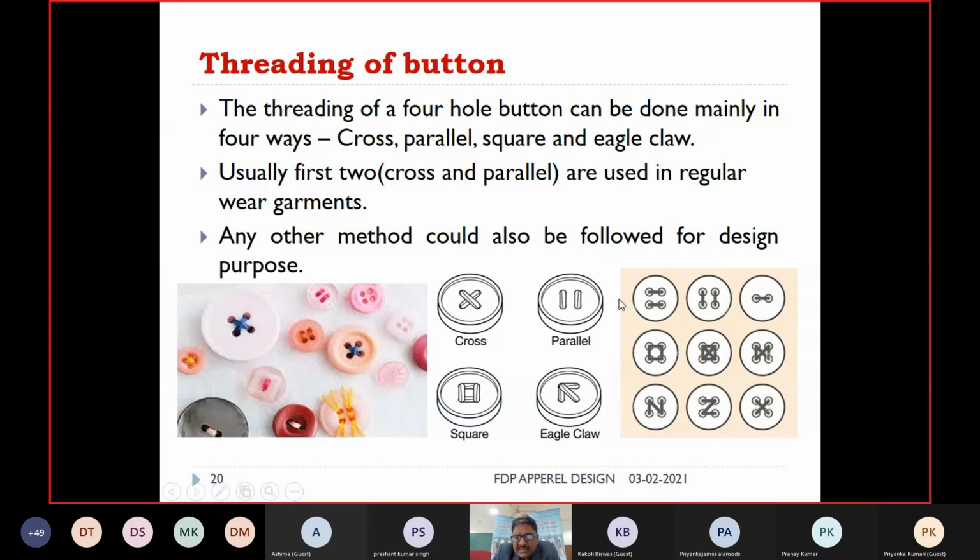And you can also test all the buttons with the help of testing machines. But the condition is you are using the same sewing thread. Then you are able to assess the sewing attachment, which is basically the stitching of the button on the fabric. And again, this depends on the sewing machine. Maybe your machine is not able to produce all these types of stitches, but by hand you can insert all these stitches.